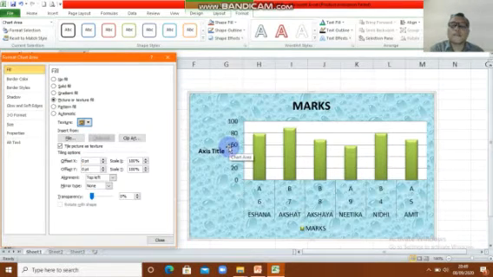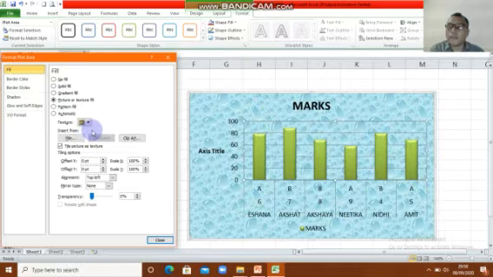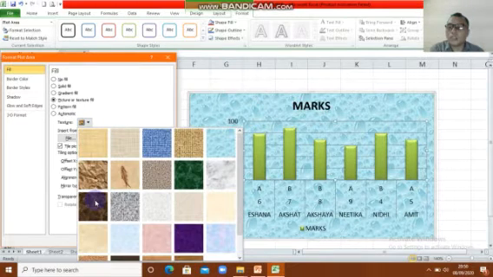Look at it. When you want to change this, you can also change the background of this picture. When you click this, you can select what you want, for example this one.